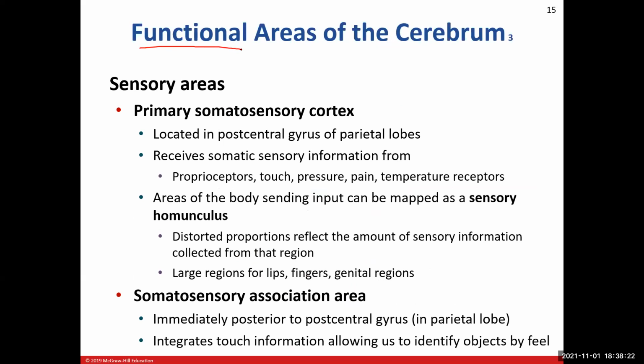Now we're going to talk about our sensory areas. So let's start off with the primary somatosensory cortex. This again was found in our parietal lobes. It is going to be specifically found in the post-central gyrus. That is going to be that gyrus that is right behind our central sulcus here. So pretty much any somatic sensory information, and that is basically any sensory information that we can consciously perceive. And if you look at the list there, proprioceptors, touch, pressure, pain, temperature receptors, all of that you can